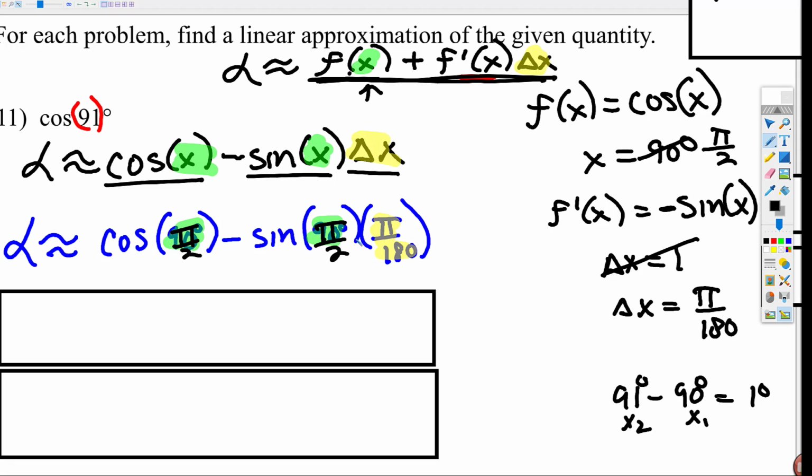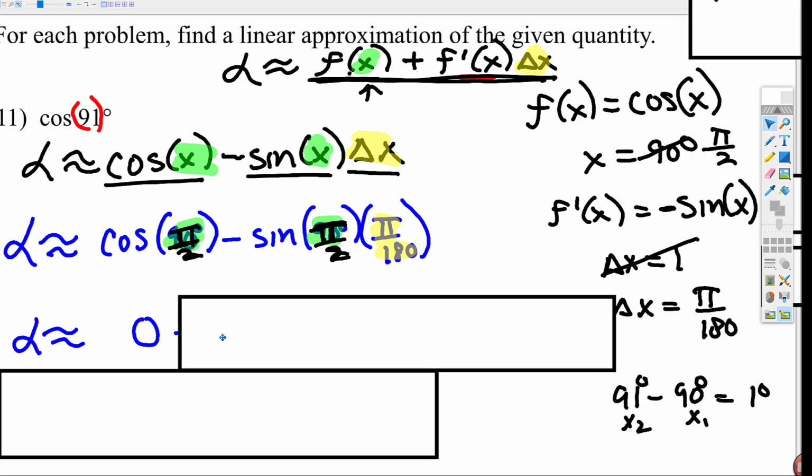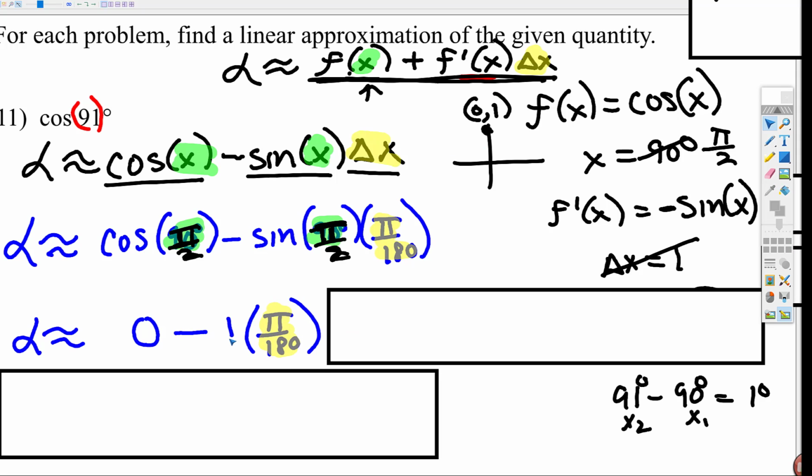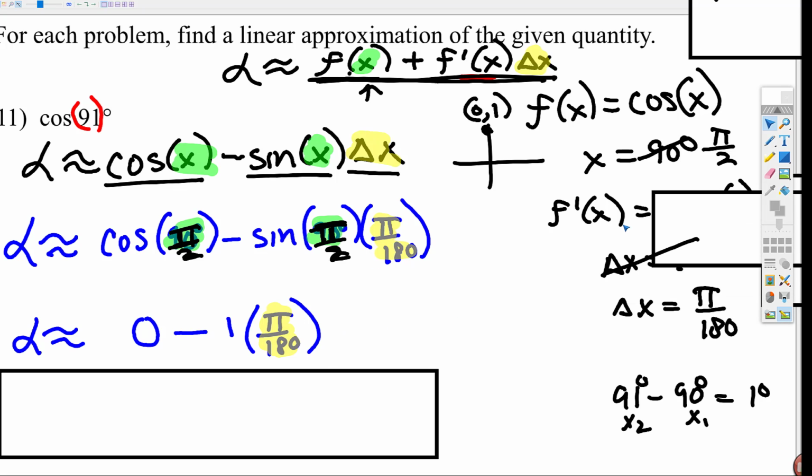Because we want this in radians, we should put this in radians. If you want to, using your calculator, type in 90 degrees, that's fine. And then you'll see that when you type in cosine 90 degrees, or if you think about the unit circle, at 90 degrees, the x value is 0, the y value is 1. All right. And then sine of pi halves or 90 degrees is 1. So right here, times delta x, pi over 180. So you get negative